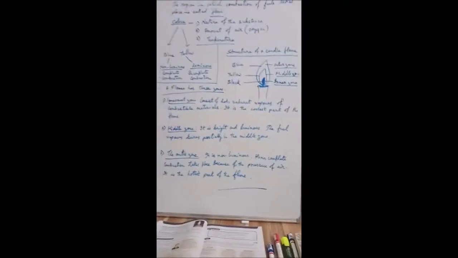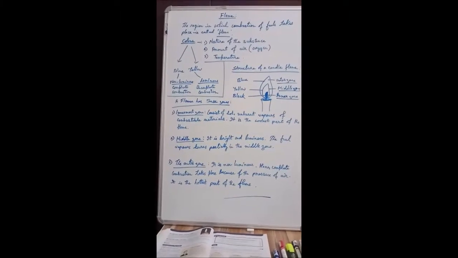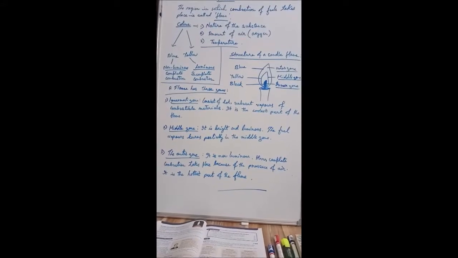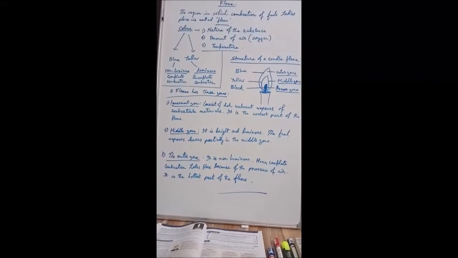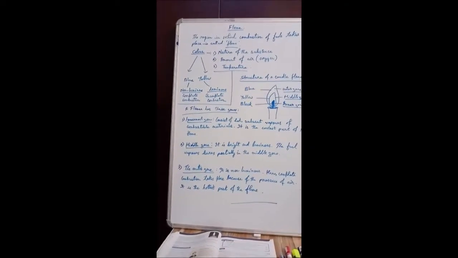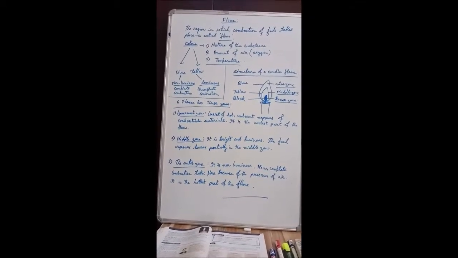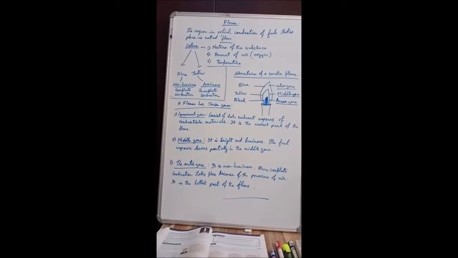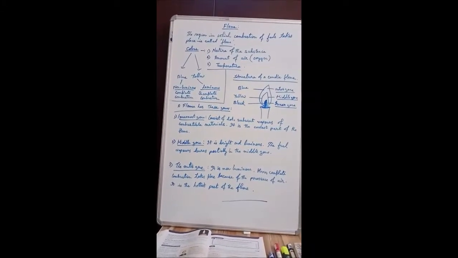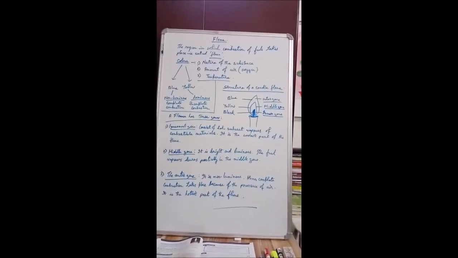Then the color of the flame may be of two different colors, based on the proportion of oxygen, availability of the fuel, temperature, etc. So the color of the flame, either blue or yellow, depends on three factors. First one is the nature of the substance, either it is wood or LPG gas or your candle. Secondly, the amount of air or oxygen present.